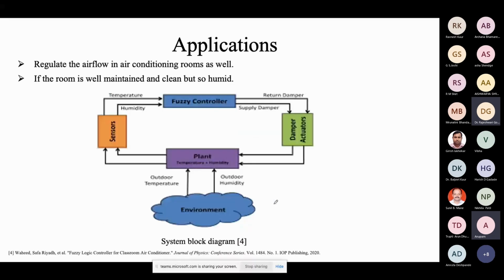Another application: suppose we want to regulate the room temperature with the help of an air conditioner, right? That can also be done with the help of a fuzzy controller, right? One of the best applications in your home, you can see, is the washing machine, one of the best applications of the fuzzy logic controller. You can see the automatic washing machine. If you go and see the washing machine in your home, it may be written there: fuzzy based automatic washing machine, right?